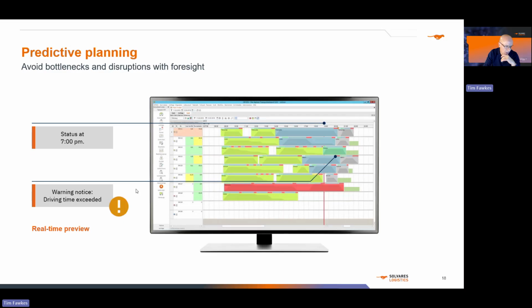As we go through, we then get the exclamation warning, which is now saying this is now impacted. Your driving time has exceeded availability, so this last delivery is now at risk. What that does is notify the planner right now there's an issue. So in real time, he's able to then undertake an action for that